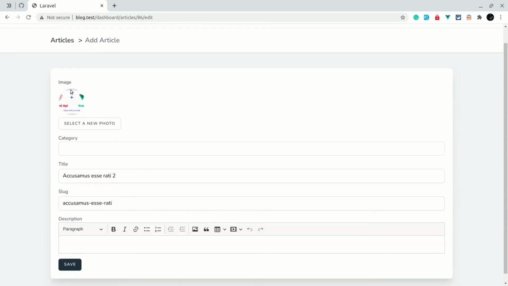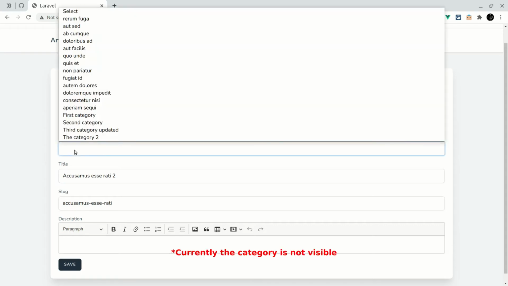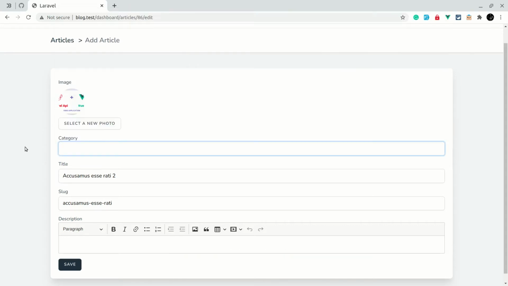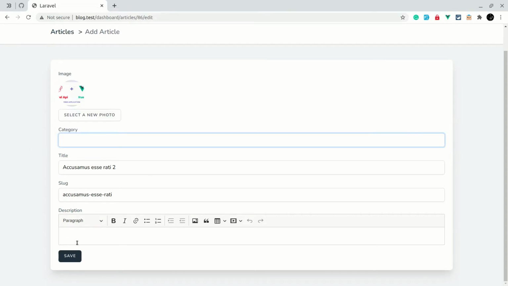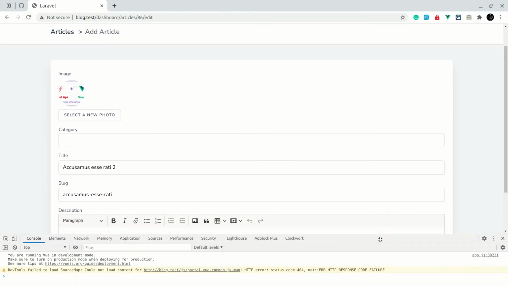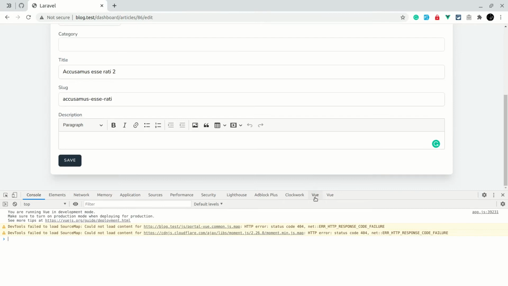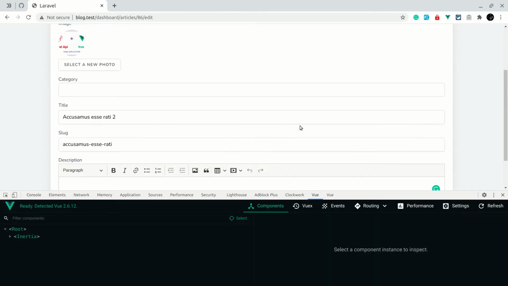So here we can see this image. So currently the article is not visible, so we'll see what the issue is. So we have here title, slug, and the description part is not showing. Okay, now we are successfully in the article edit page. Now let's see what is happening over here. Okay, so let me open the console over here. So there are no errors, which means that the data is not being passed. So let's see here what is the case